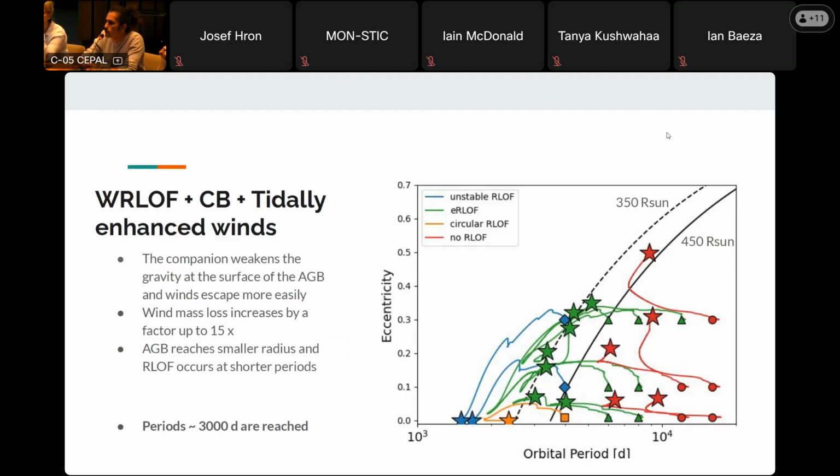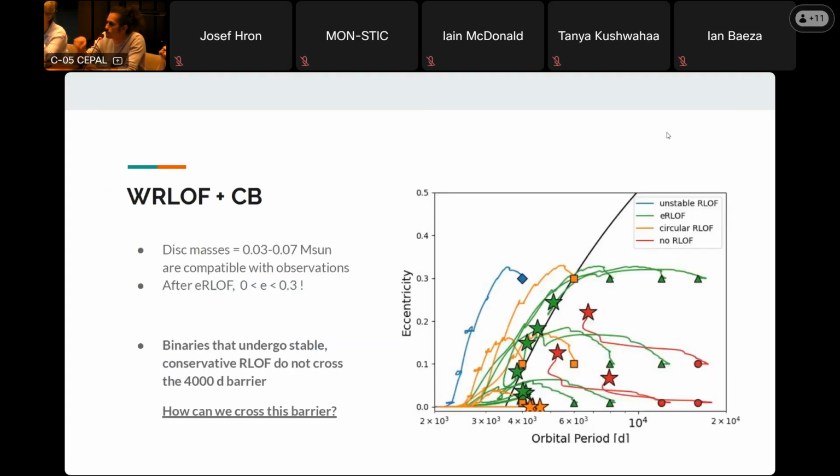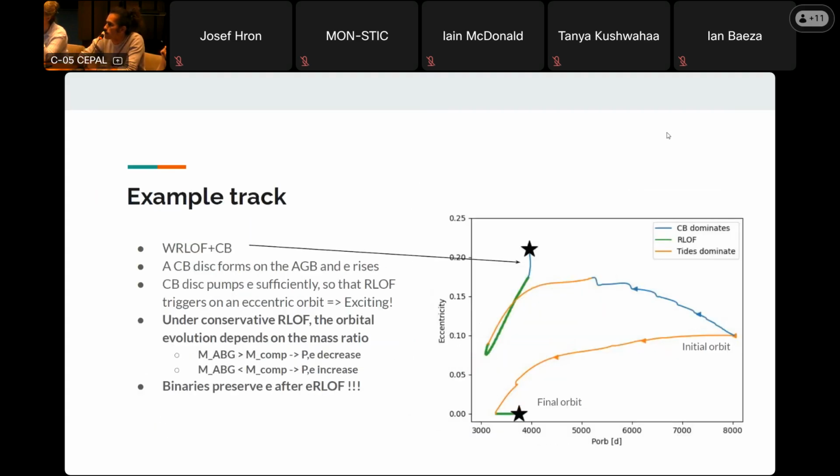Yes, yes. And in this case, I have trouble understanding the pumping of the eccentricity on the very first plot you showed where you had this situation. Yeah, like this one. The huge pumping of the eccentricity once you get the inversion of the mass ratio, is it triggered? Does it require the circumbinary disk?